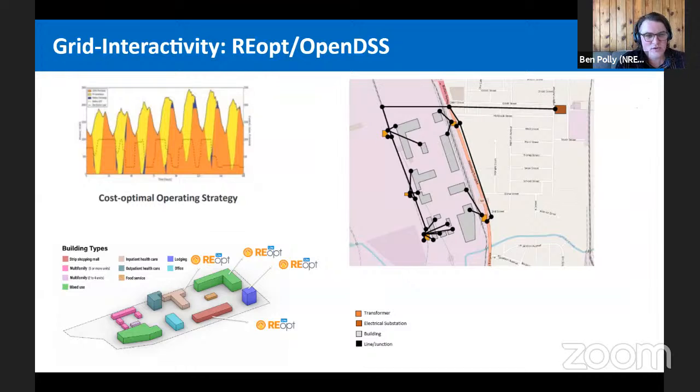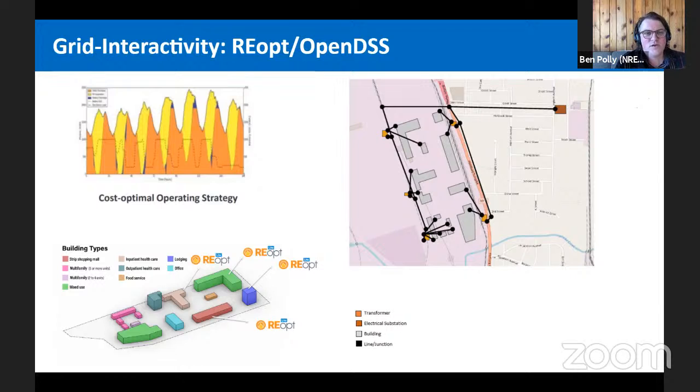So, for example, you could give it options of purchasing electricity from the utility, generating electricity on site with PV, storing or discharging electricity in batteries, and it finds the cost optimal sizes of PV and batteries from a life cycle cost perspective, and optimal dispatching of battery systems, given all of those economic considerations. So we're able to send these jobs to the REopt Lite API and then get back results into URBANopt.